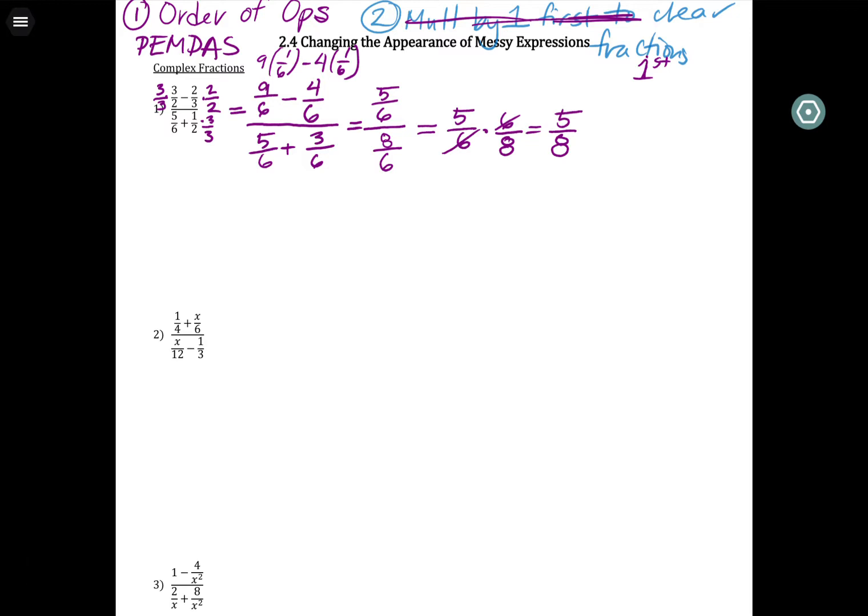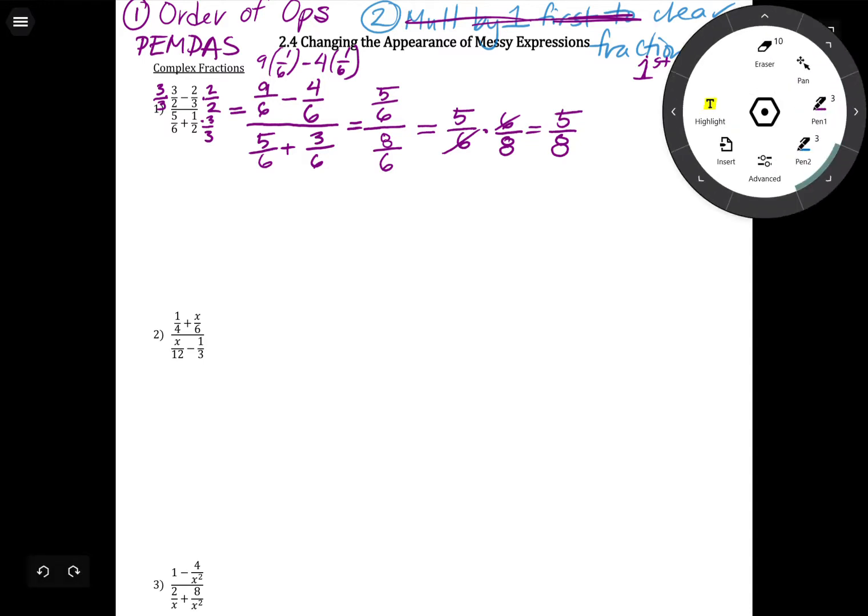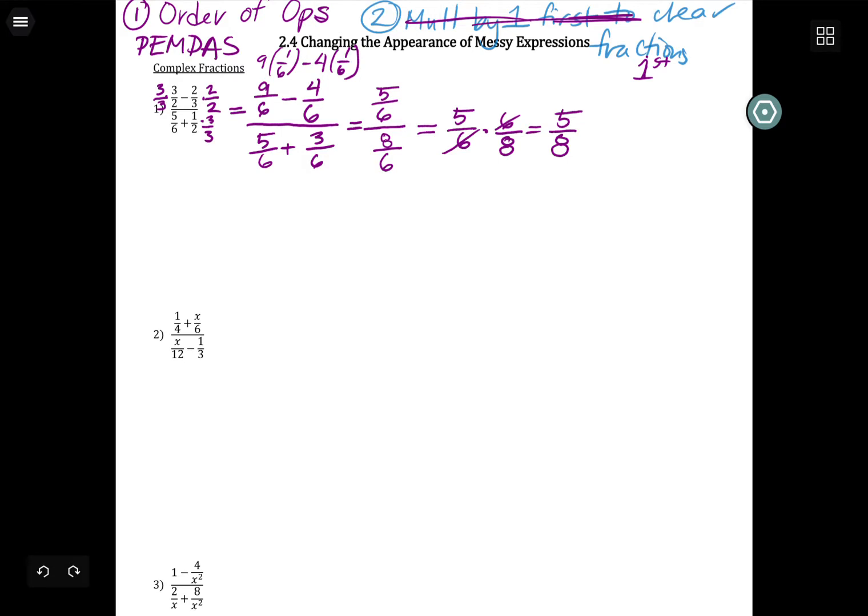I reduced before I multiplied, so I shouldn't have any reducing, and I don't. Okay, so let me show you the other way. And I think this way might look a little funnier with numbers. As we get variables in the mix, maybe it'll look a little bit more sensible, but it's nice even with numbers. So we're going to say, okay, starting from the beginning,